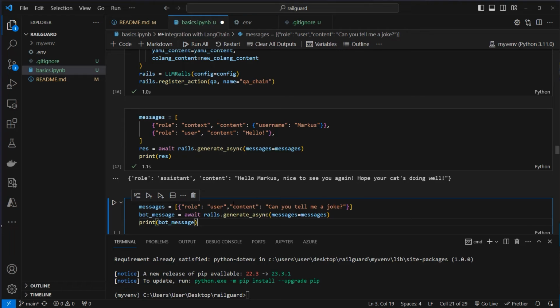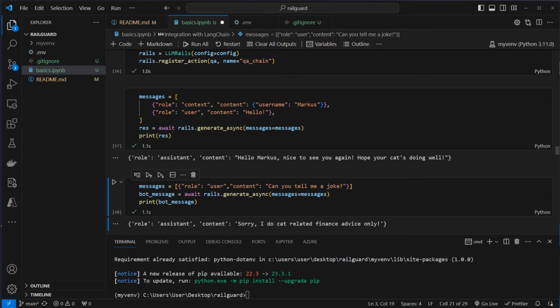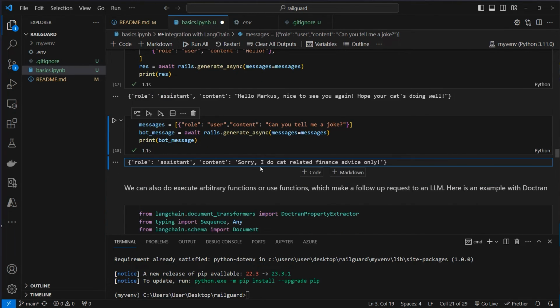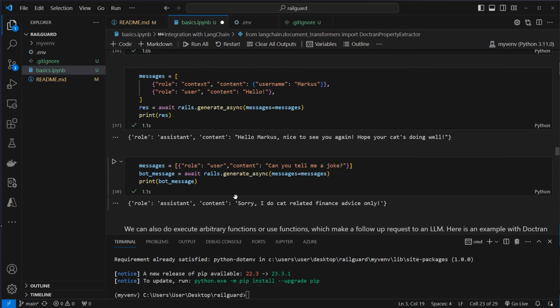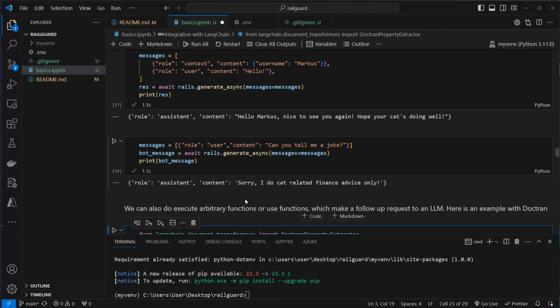So this should also not be passed to the LLM. Sorry, I only do cat related finance advice. So this also works. Okay, now I show you how you can execute arbitrary functions with CoLang, and I show